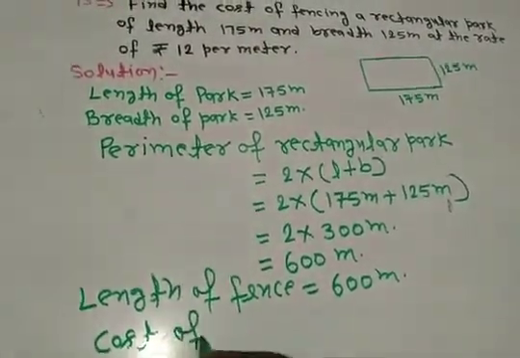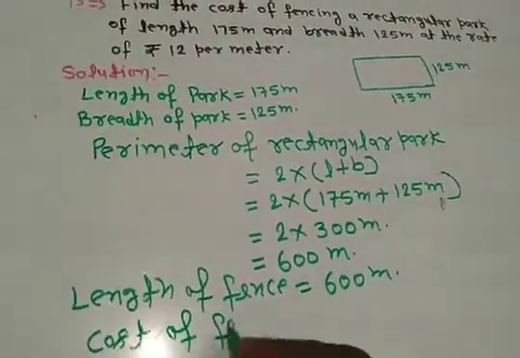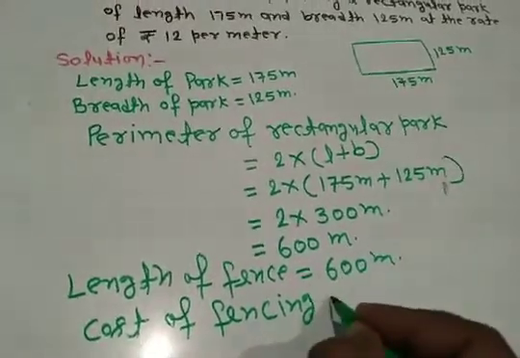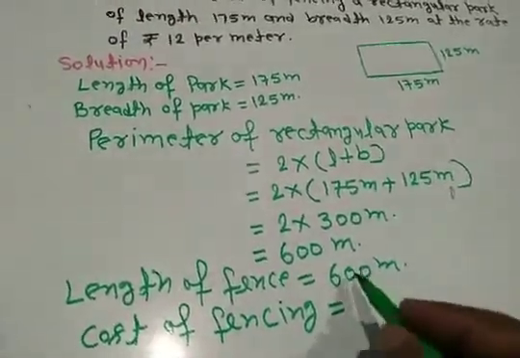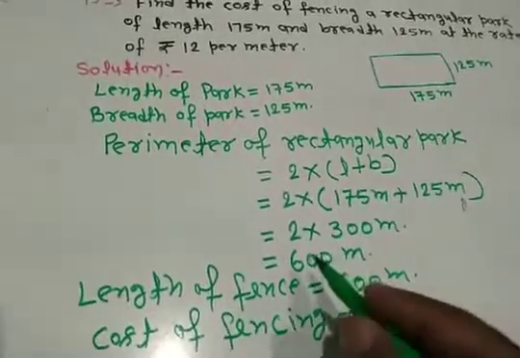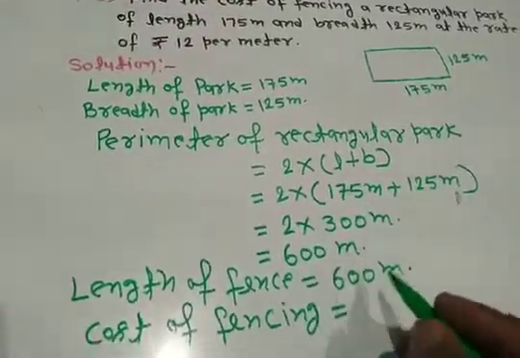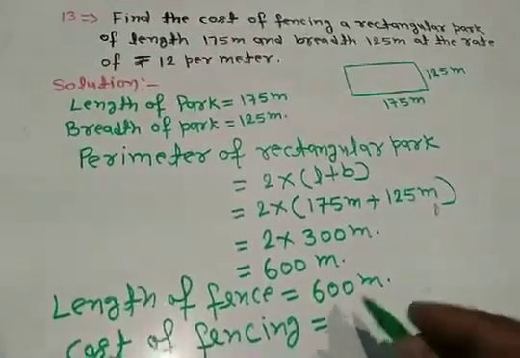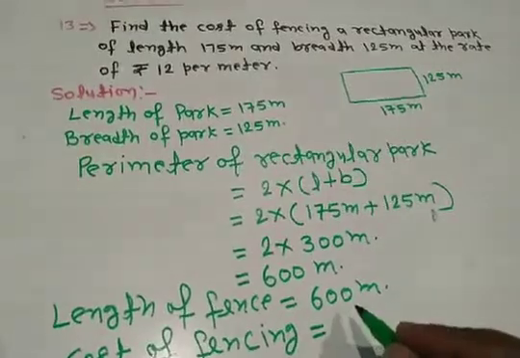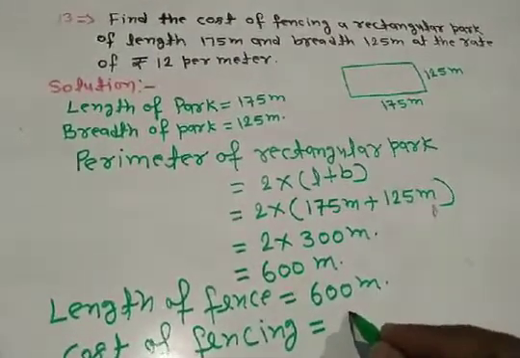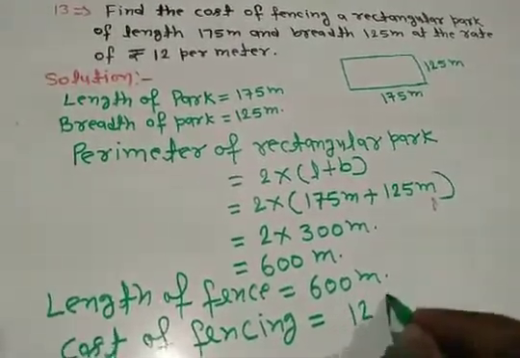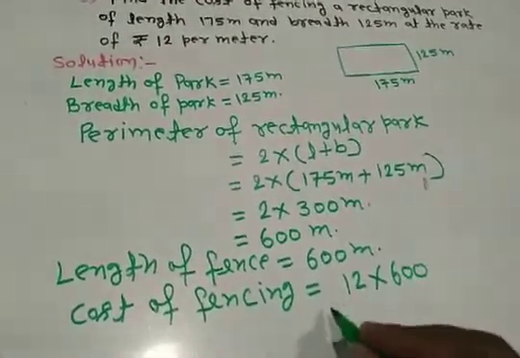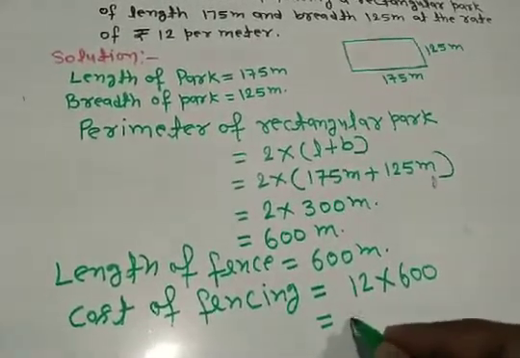Cost of fencing is equal to the length of fence, 600 meter. This is the perimeter of the rectangular park. Clear? And the rate of fencing is given, 12 rupees per meter. So the cost of fencing is 12 rupees into the length of fence, 600. Okay, so you can write here